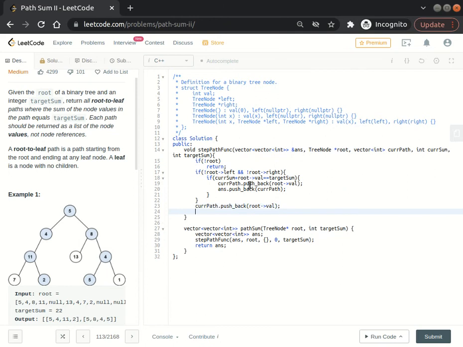And now I will be calling the same step path function on the left subtree. So step path function of answer, which is the final answer array, so there's no change in that. And here instead of root we need to call it as root arrow left, because we are traversing the left subtree. And current path, since we have already pushed back the root element, we can just send it as current path. And for the current sum element we need to pass